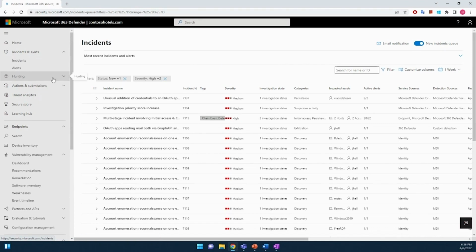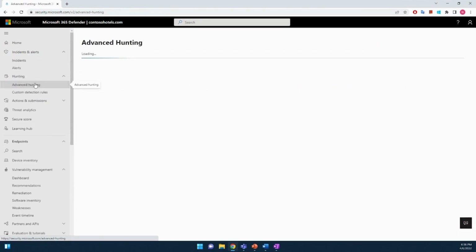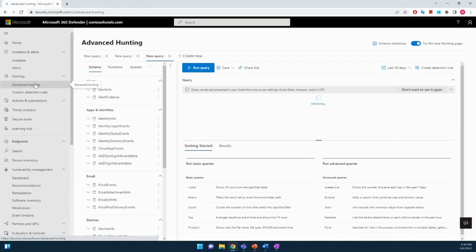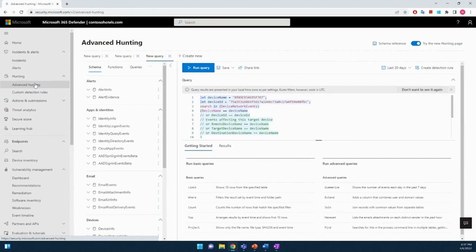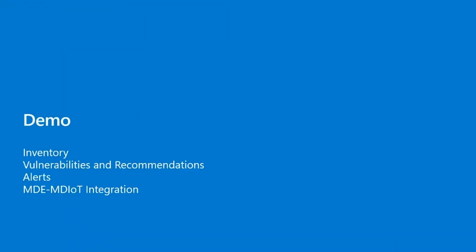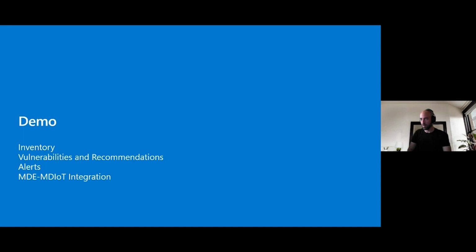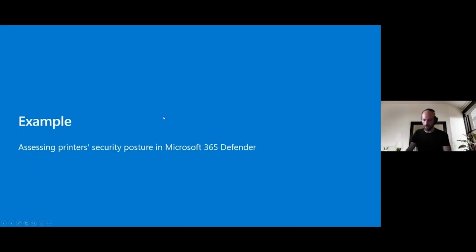Also, really around the active hunting, we can get mostly security and network information about IoT devices, and we will see that in our next example. So now that we're better familiarized with the portal and the different parts around IoT security, I wanted to show a quick example of how this is actually being used. And this is based on an example from a big customer that we're working with and that is part of our private preview